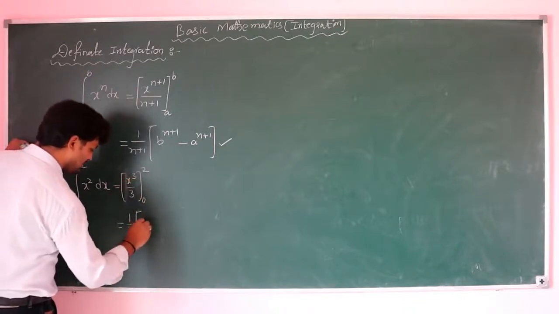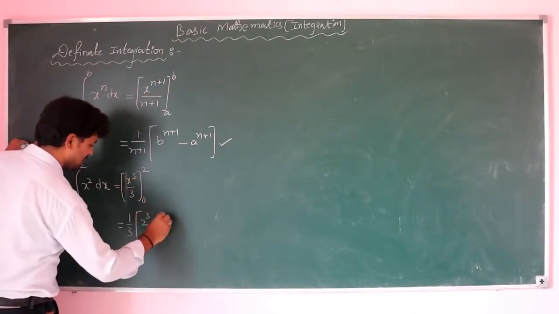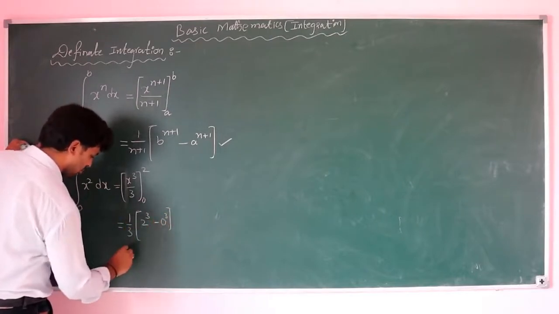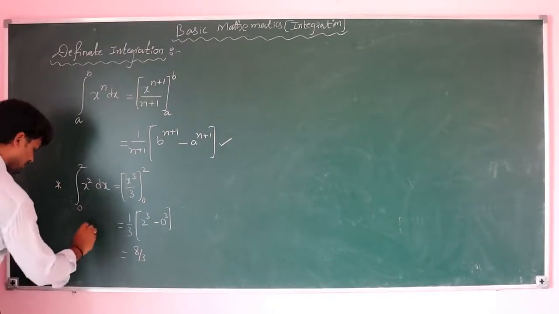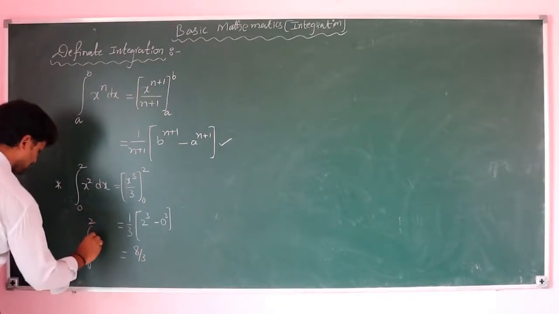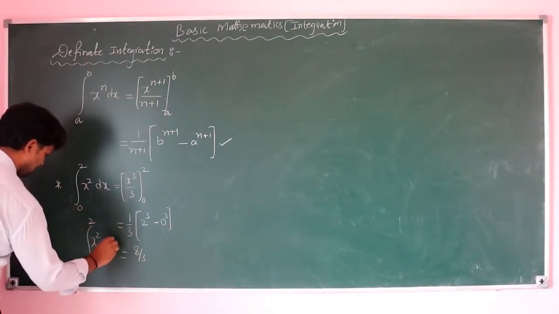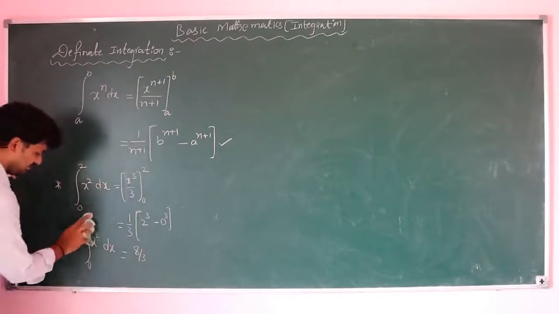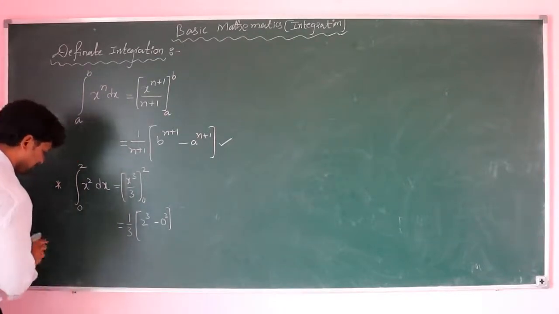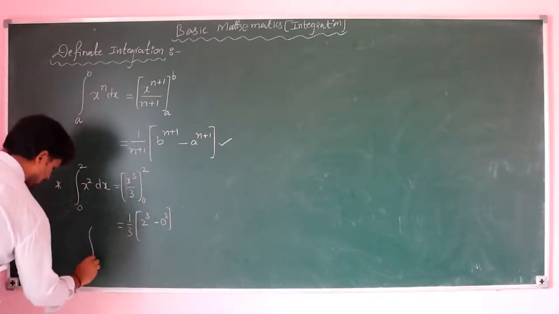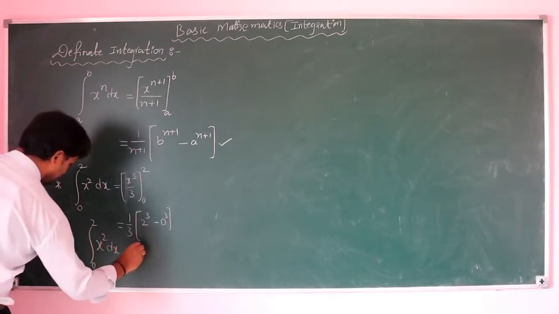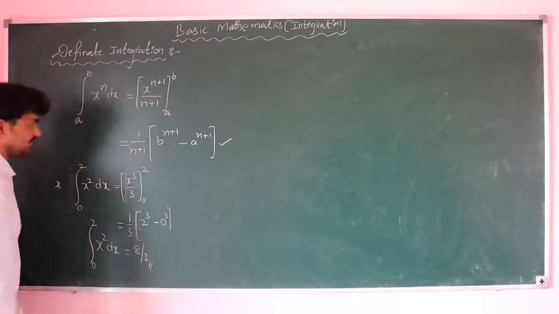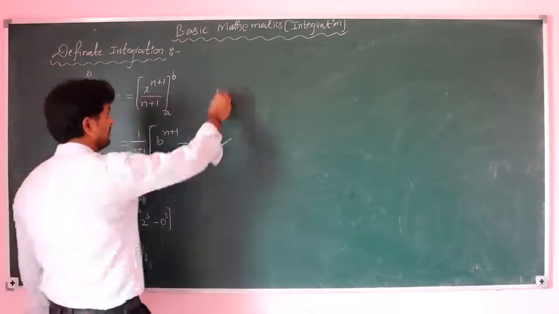Upper limit how much? 2 cube minus 0 cube. 2 cube is 8 by 3. So what is the integral 0 to 2 x square dx? What is the value? 8 by 3. Integral 0 to 2, x square dx, what is the value? Simply 8 by 3. Next,